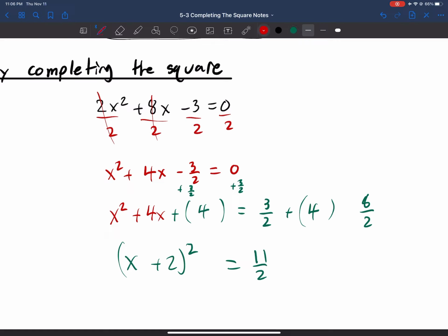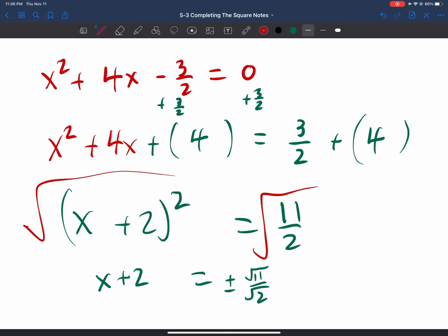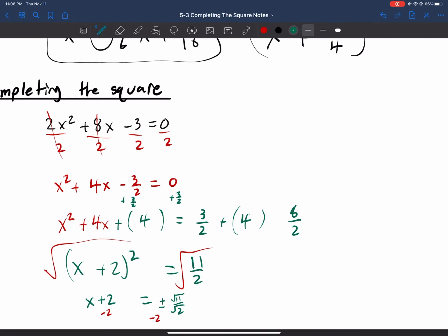Square root both sides. And we have x plus 2 equals rad 11 over rad 2, and then plus or minus. Subtract 2 from both sides. And we get negative 2 plus or minus radical